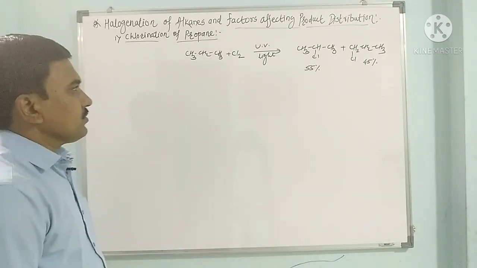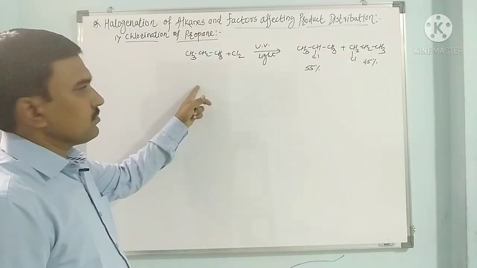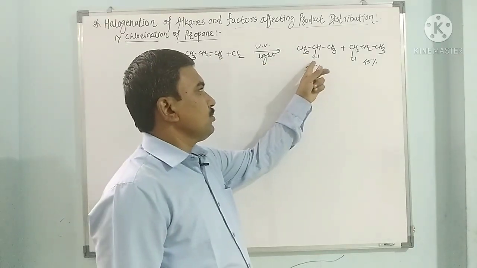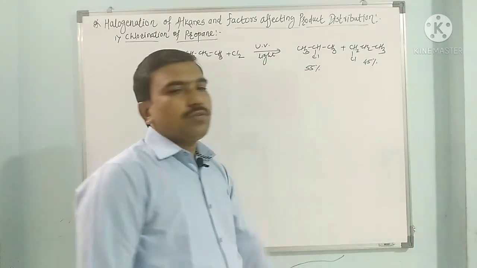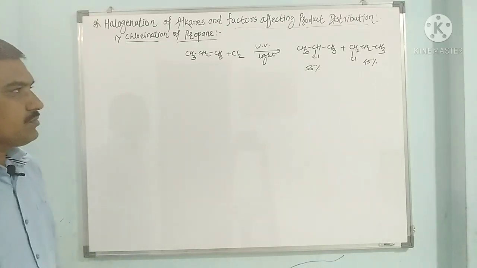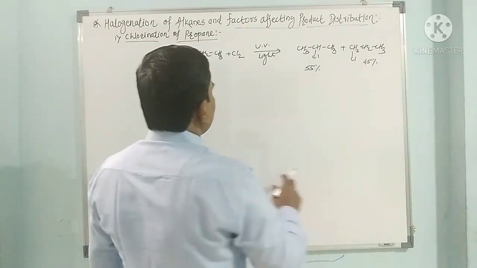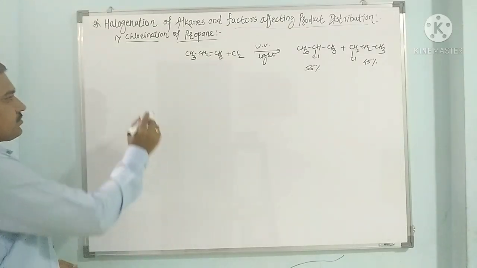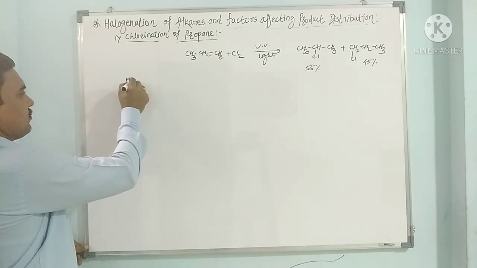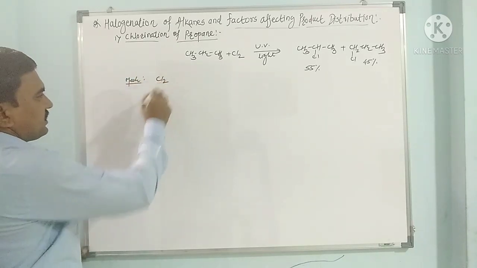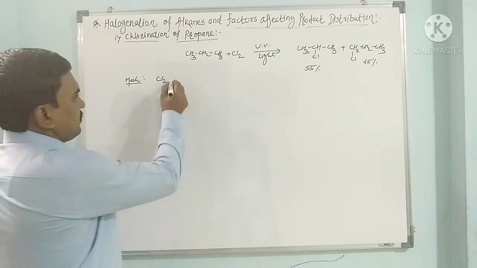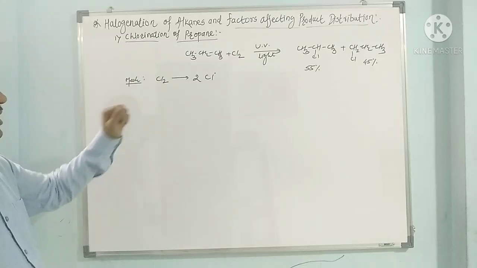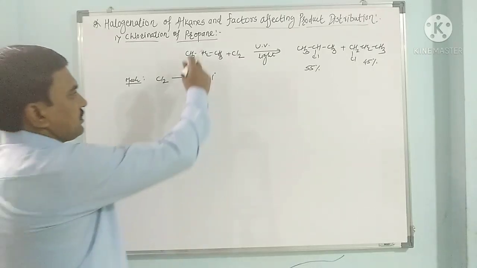So here during the chlorination, this propane gives 2-chloropropane as a major product, while 1-chloropropane as a minor product, plus HCl. So in this way we have to see the first simple mechanism, in which Cl2 undergoes dissociation to 2 Cl radicals, and one of these Cl radicals combines with this